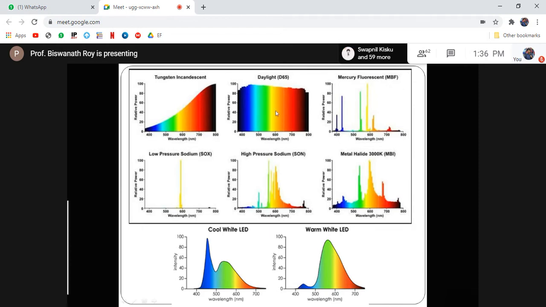And here, this is the example of daylight, that is the natural light. It is called daylight 65. It is natural light, the daylight radiation. It is almost white because all wavelengths are present in this portion, 400 nanometer to 800 nanometer, in equal proportion. That's why it is white. Whereas if you look here, the amount of radiation in the yellow region and red region is higher. So the color appearance of this tungsten filament lamp